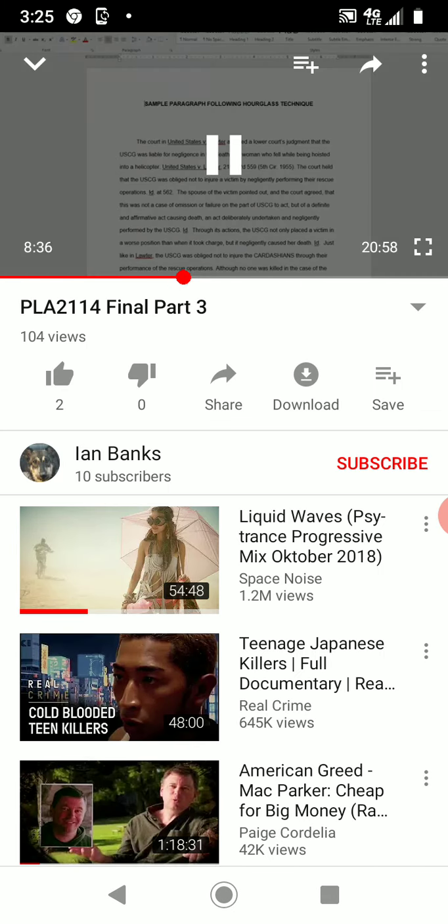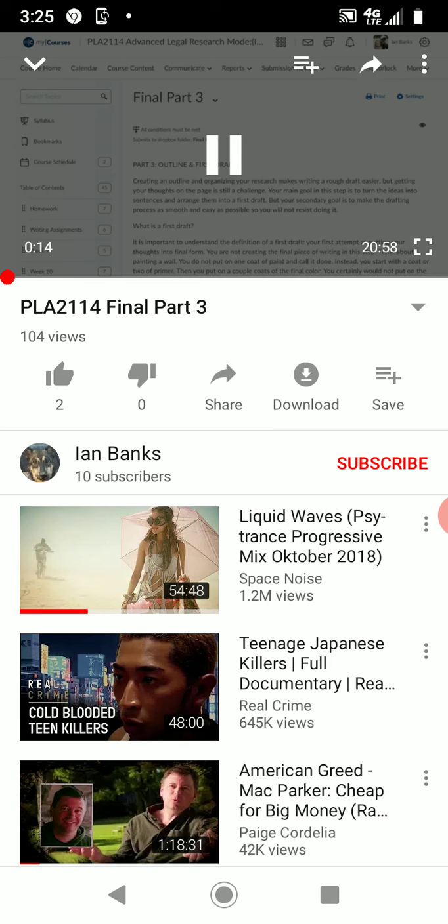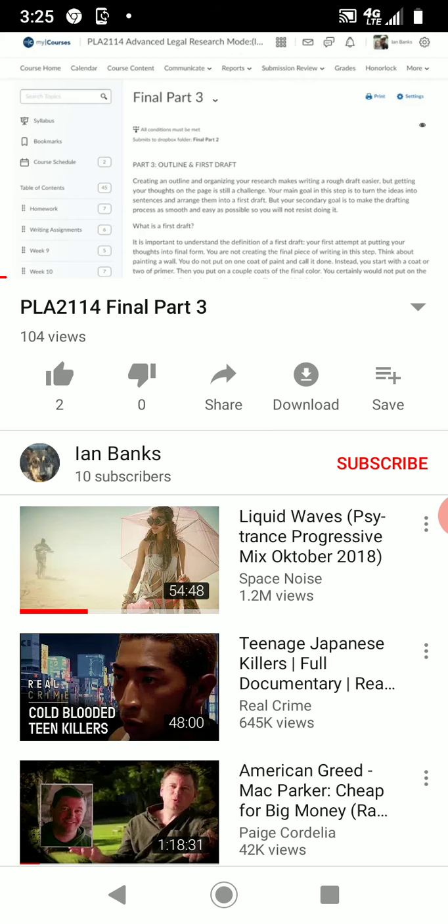Here's an example of a simple paragraph in your week 3. Week 1 was your education with doing research. Week 2 was finishing your research. In week 1, I wanted you to come up with the issues, know the difference between a trial brief and appellate brief, and come up with your issues in an appellate issue statement.